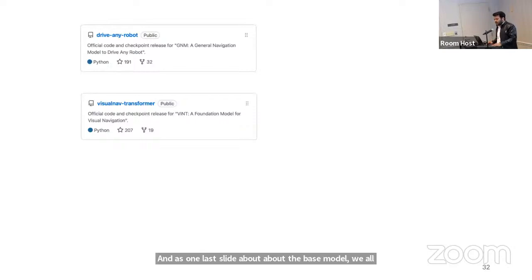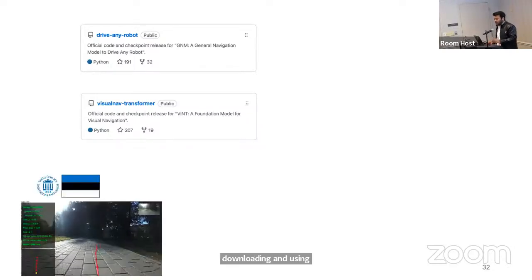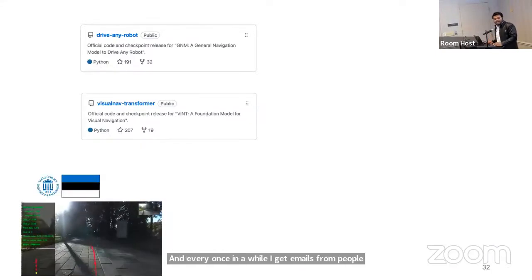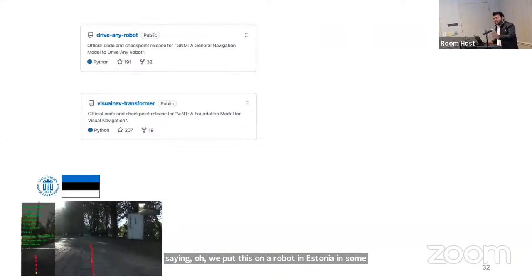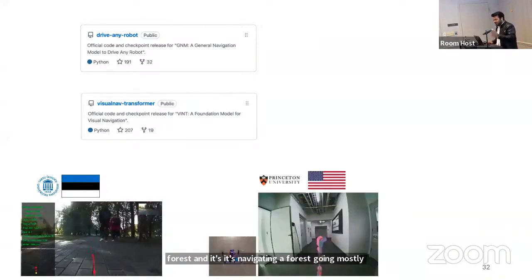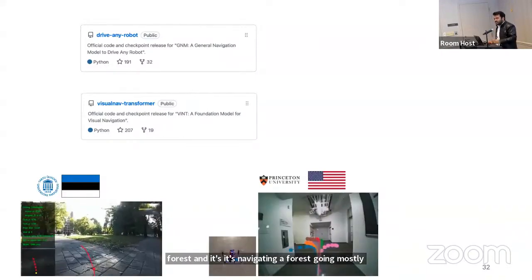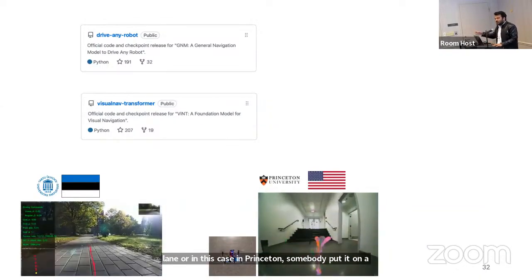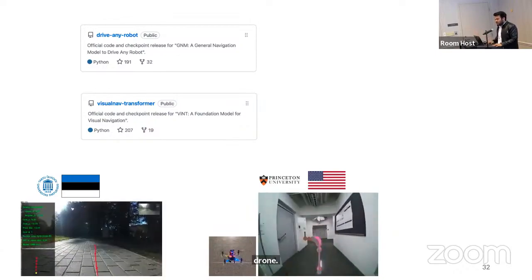People have already started downloading and using them. And every once in a while, I get emails from people saying, "Oh, we put this on a robot in Estonia in some forest, and it's navigating a forest, mostly going straight, but not hitting things and following a lane." Or in this case, in Princeton, somebody put it on a drone. And again, this is not me. This is someone else who downloaded the code from GitHub, put it on a robot, and it works, which is